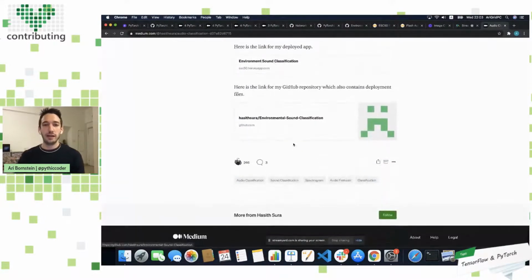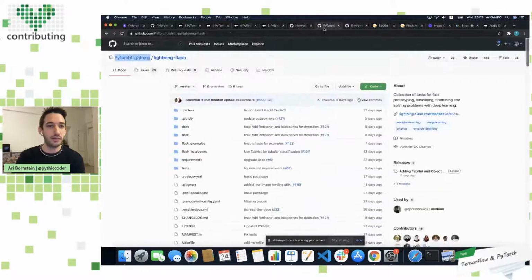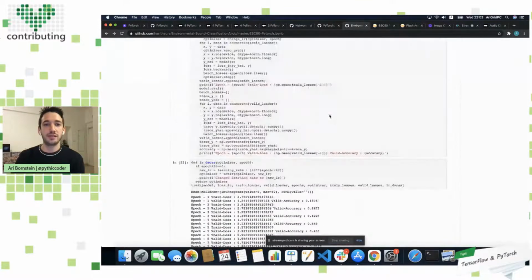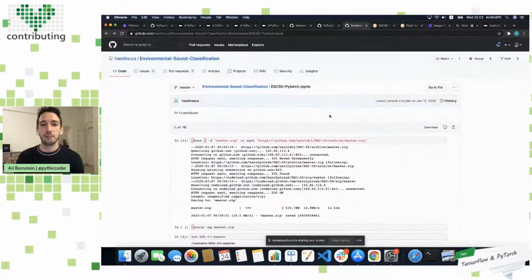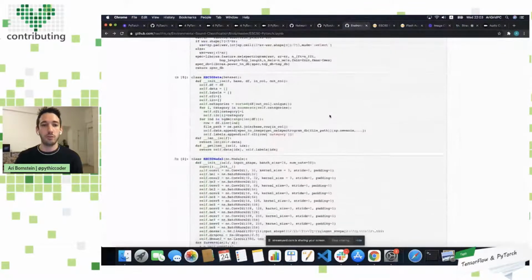Within this code, if I want to try to reproduce it, it can be a little noisy. So we can actually look at the full notebook here, and you can see that while this implementation is cleaner than most implementations, there's still a lot of boilerplate code.